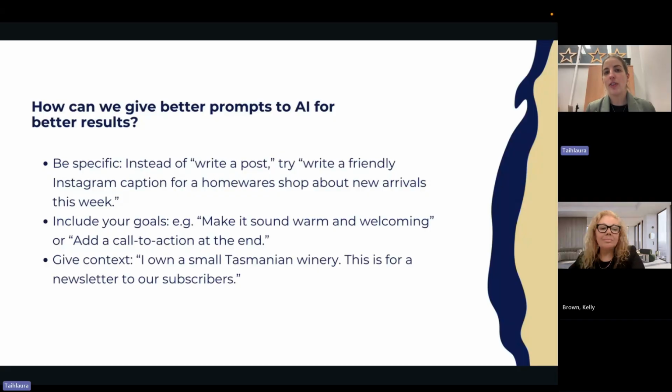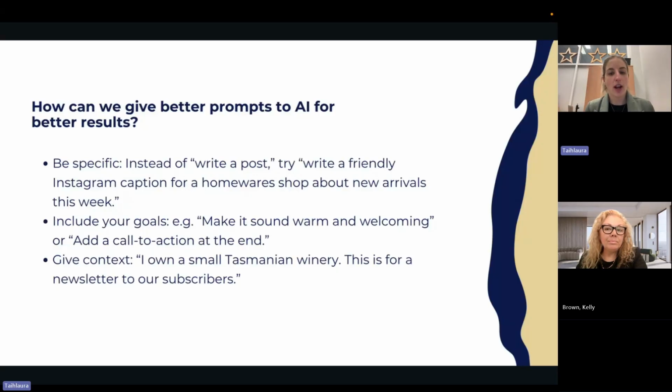In terms of making sure that you get the best out of AI, it really does come down to how you actually prompt it. If you're really specific with it and make it understand what it is that you're asking for, it can be really helpful. Whereas if you're quite broad, especially when it comes to writing social captions, it comes back quite generic, and it feels very much like the same thing that you see on everybody's posts. So we need to make sure we're doing some things within those prompts to make it feel a bit more human-centric. When we are asking it to write a post, be really specific.